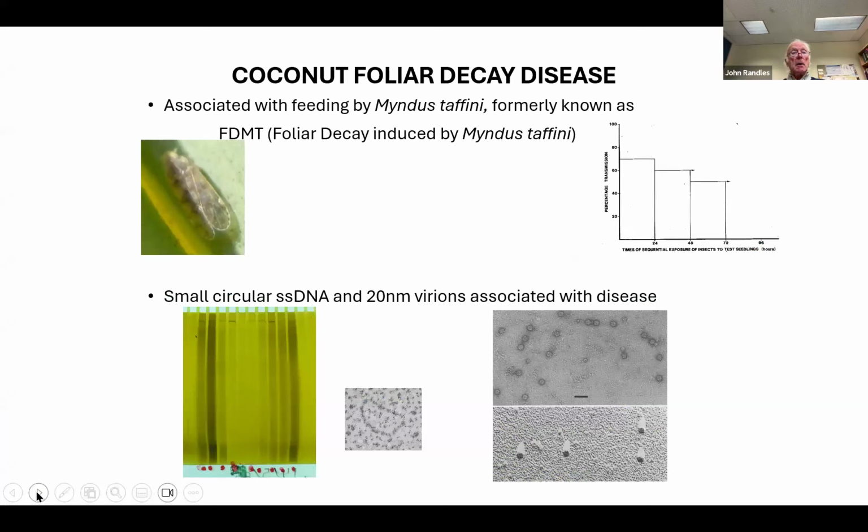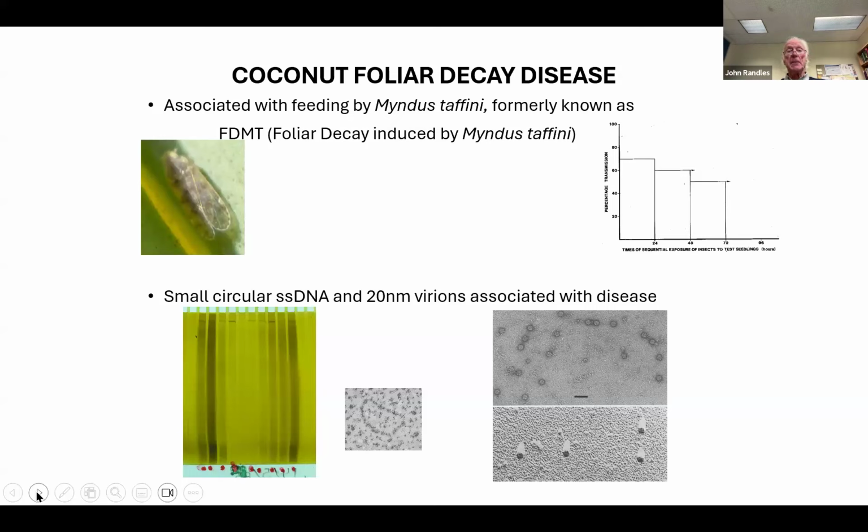And so this insect was shown to be associated with infection by collecting insects in the field, very much the same type of trial that Richard Davis mentioned, where insects were collected in the field and then put into cages with the susceptible Malayan yellow dwarf. The only cage in which infected plants showed up was the one in which Myndus stepheni was introduced. And so that work then led to publication saying the disease was foliar decay